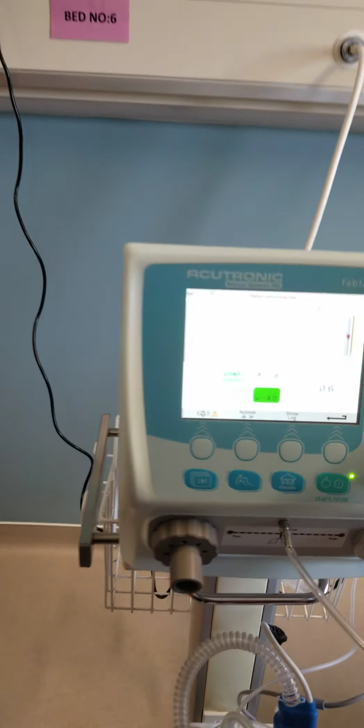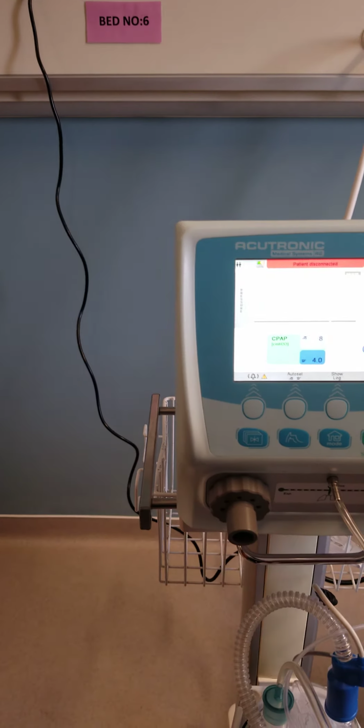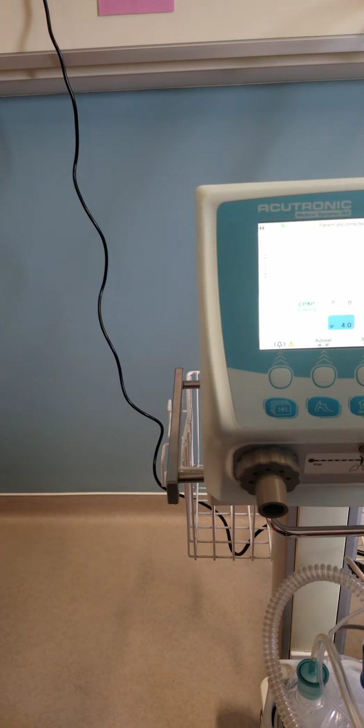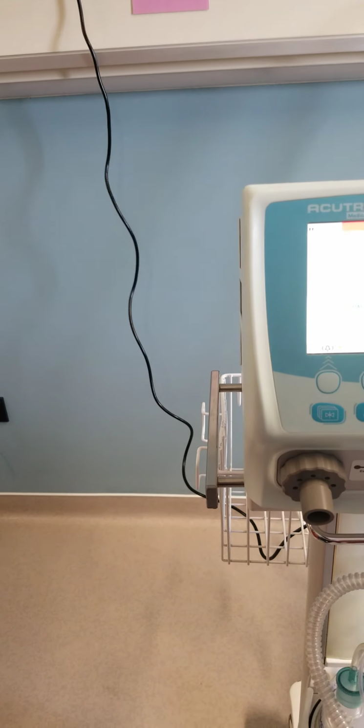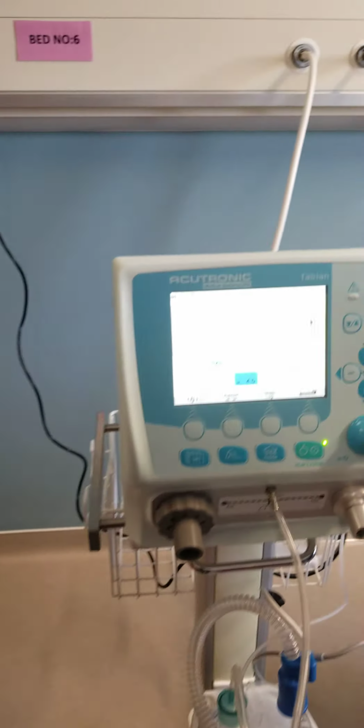So show us the auto set how it works if you press it. Okay, let me just try. Why is it disconnected? Because you disconnected it, right? Or it's leaking. No, it's disconnected. So it's turned off.